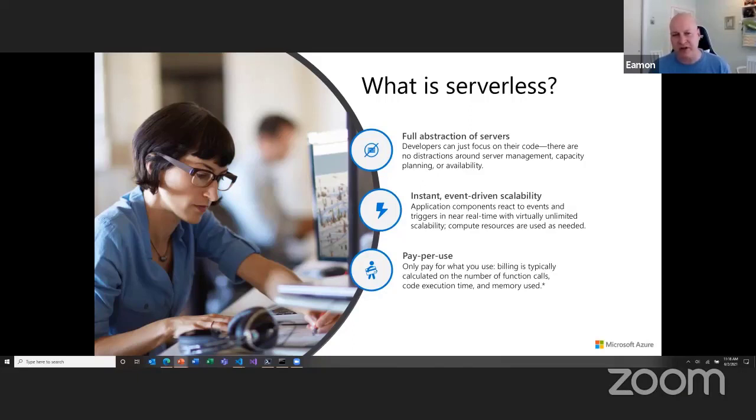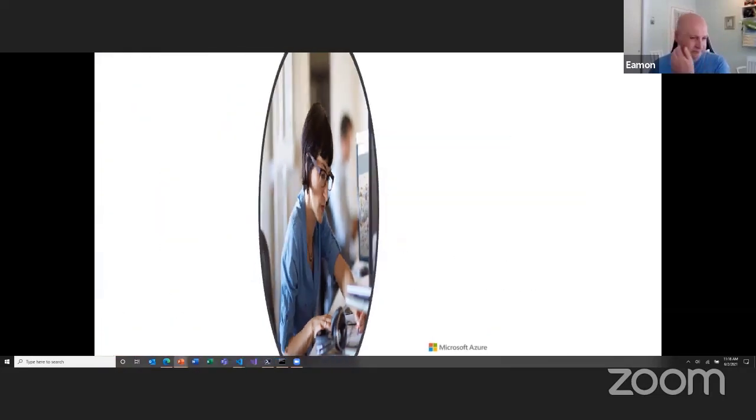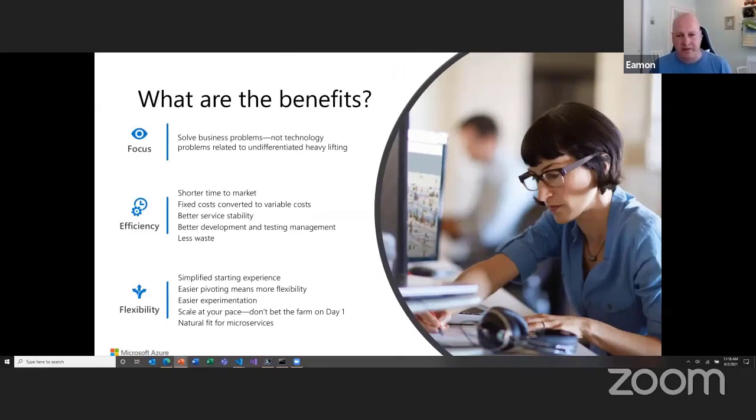And then the last big benefit of serverless, obviously, is you only pay for what you use. So you don't have to always be worried about, if my app spikes, do I have enough infrastructure? Do I now have to pay a lot more for that? It just scales up and you only pay for when you're using it, and then it scales down again when you're not using the compute. So that's what it is.